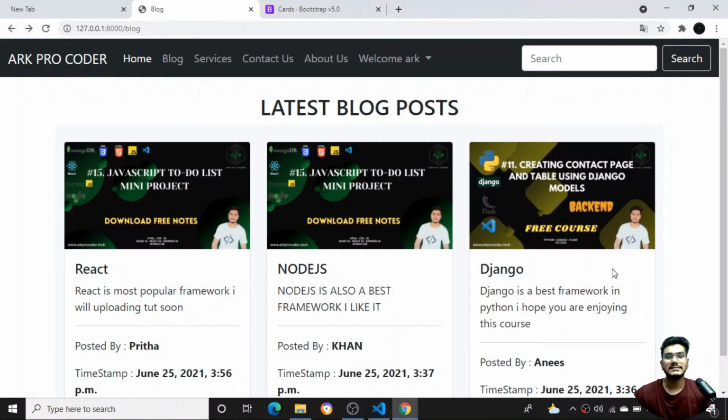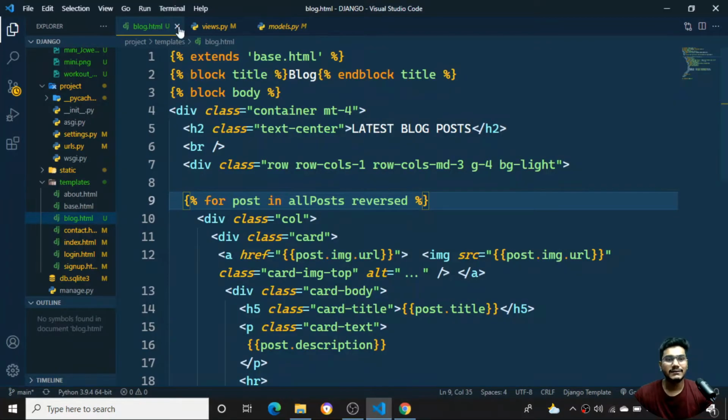Okay guys, let's see the search functionality right now. As you know, we have come too far, we have done so many things with this website. We'll create a search functionality now, for this particular blog page. If anyone tries to search, the thing should get searched and it should just give the result. If it's not there, it should show that the results were not found. So we'll see how to do it.